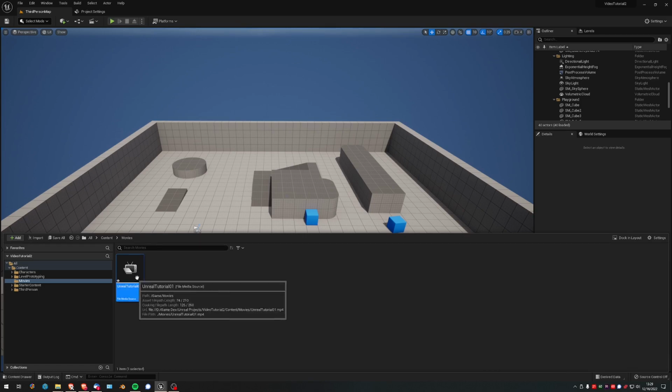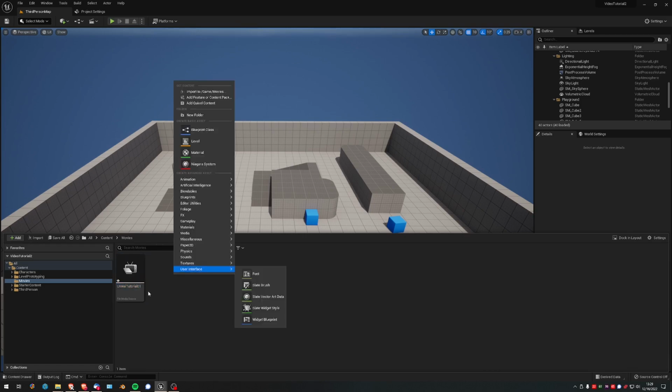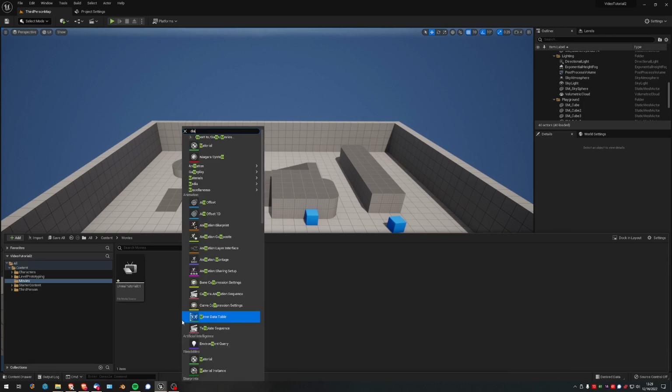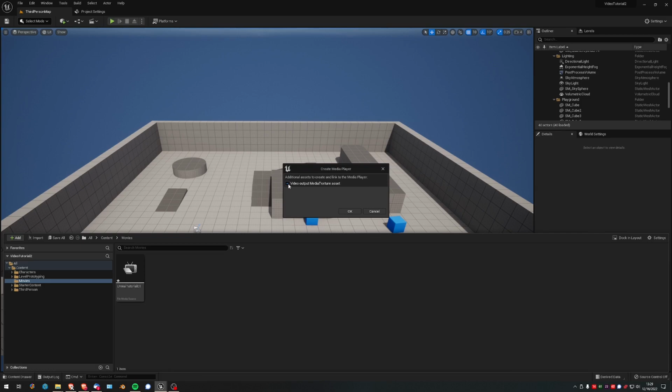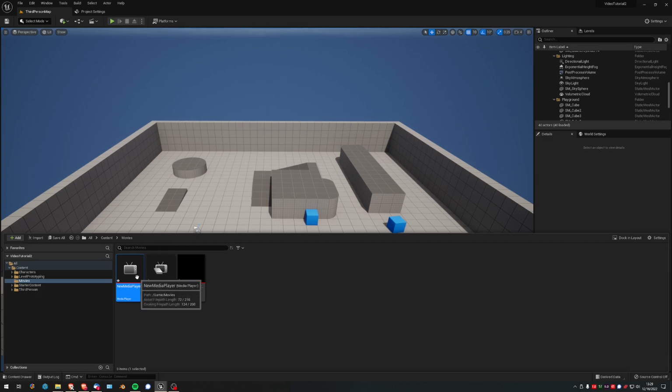So there it is. Now what I'm going to do is create a media player. Just right click in there, media player. And I'm going to tick this box for video output to a media texture asset. Just tick that box. That makes it easier for us to put this video on that object in our world. So I'm going to open up this media player,